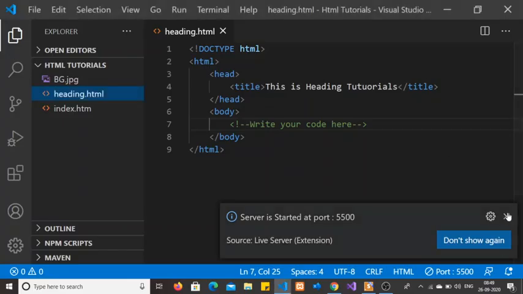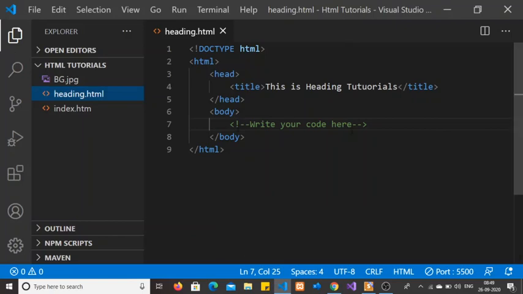Why? Because this is a comment. This is the way of writing a comment in HTML: angular bracket, exclamation sign, and minus sign, hyphen.